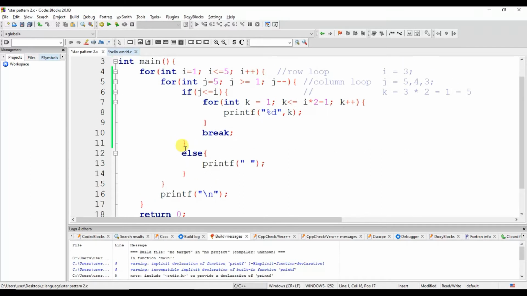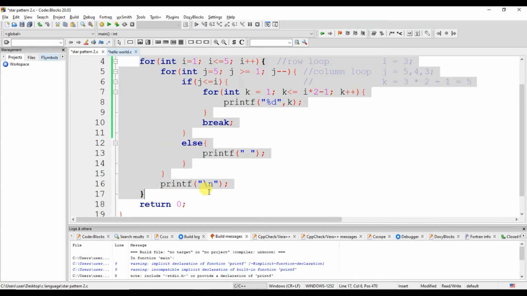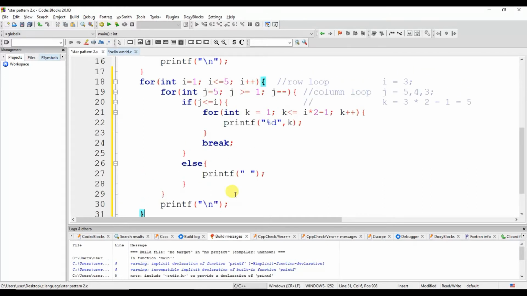So this is the previous code of the number pattern which we created in the last video. We need the same code twice. So guys, you really need to go back and watch all my videos of star patterns if you want to create this diamond pattern, or completely understand it, because all the videos are linked together. So you have to watch my previous videos. I'll definitely provide the link in the description.